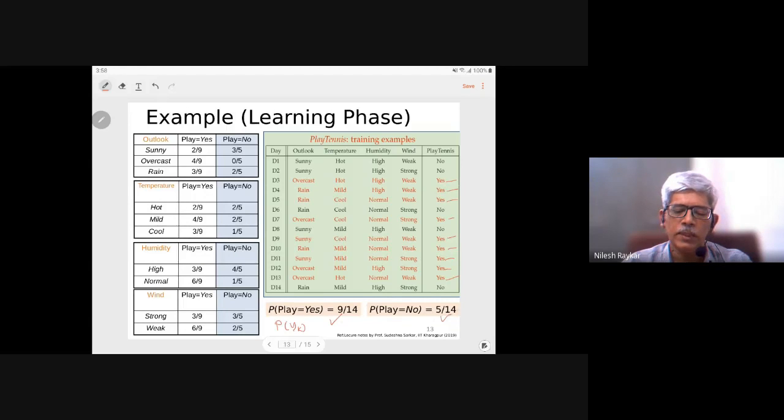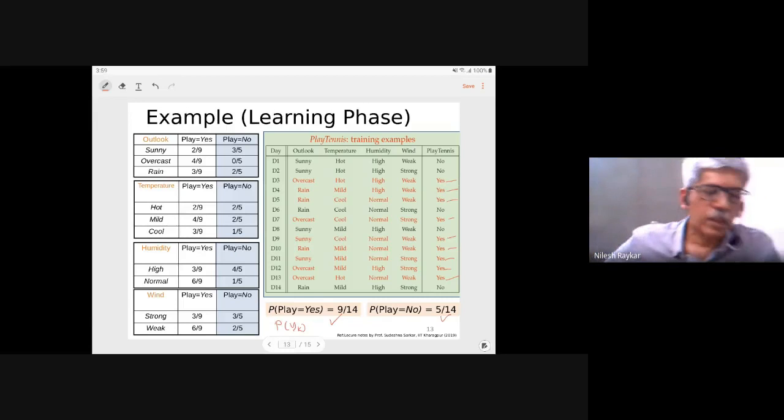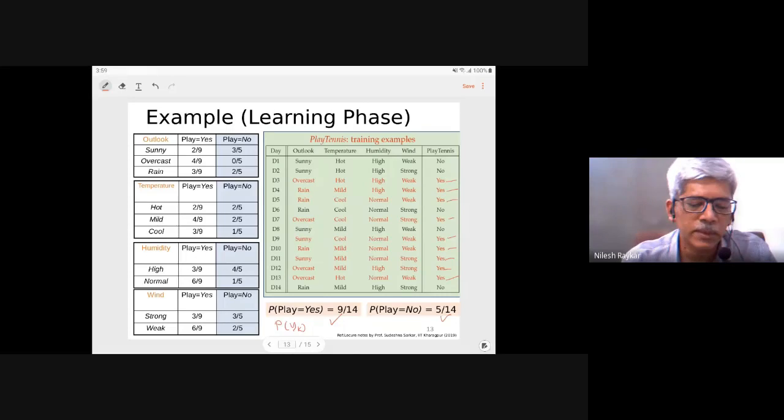That is just 1 minus the other one. For the binary problem, you can simply subtract. For multiple classification, you have to calculate n minus 1 labels, and the nth label you can calculate by subtraction. So this P(Y_K) is easier to get. In order to get the product of conditional probabilities, you have to calculate for each of the features what the probability is. So let's consider the outlook.